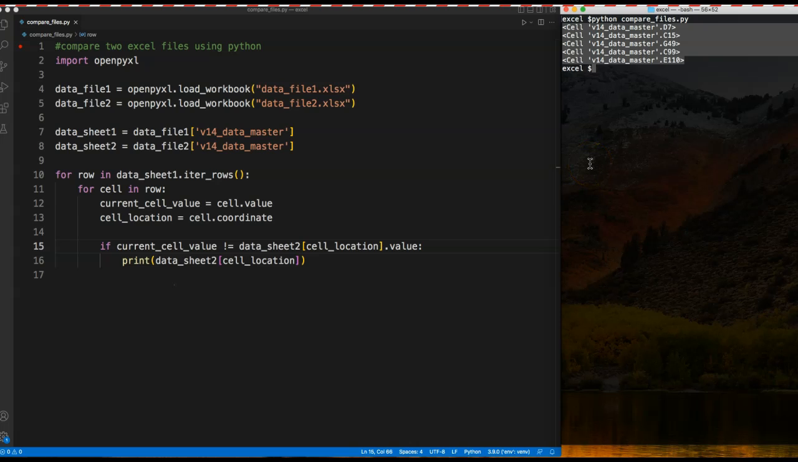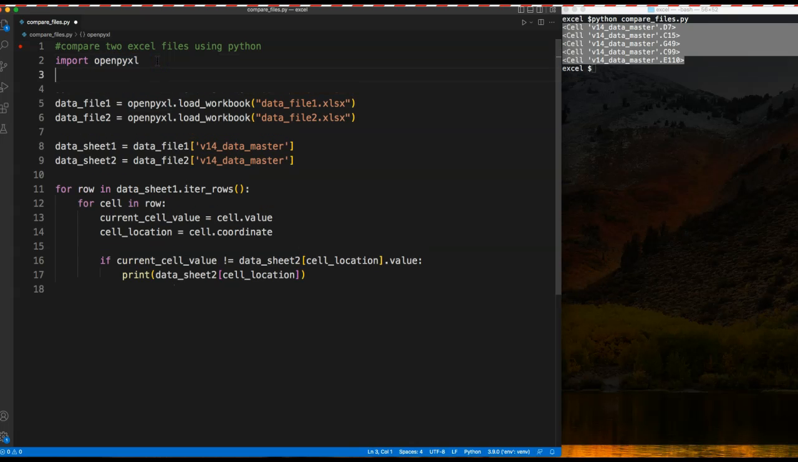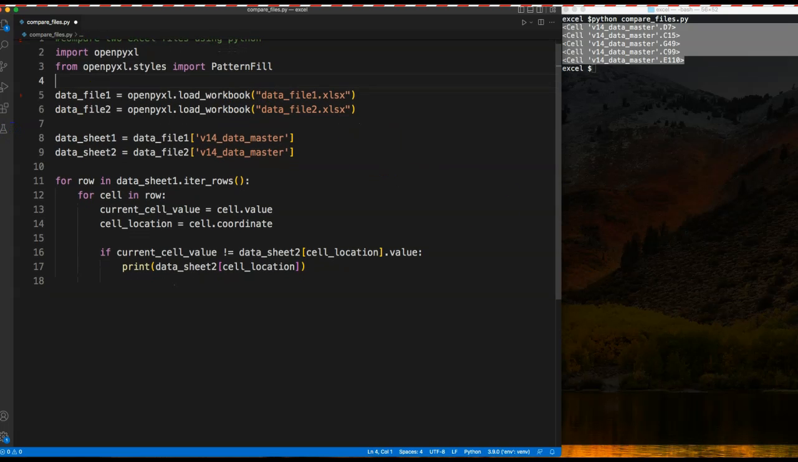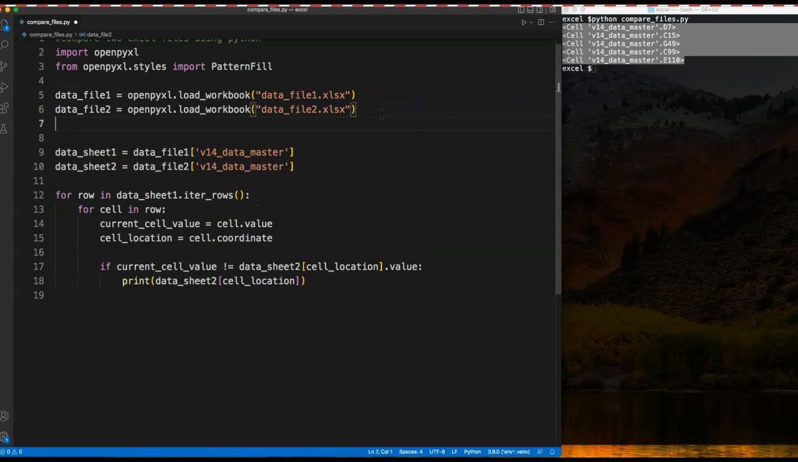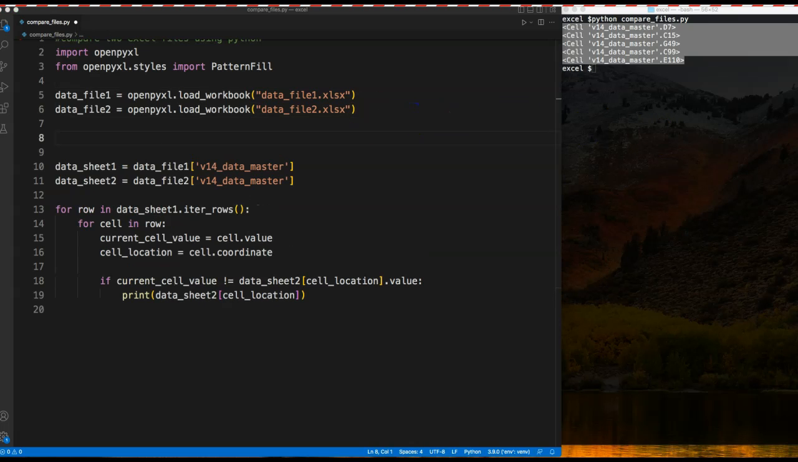Now let's do some kind of styling to identify those differences. So what we'll do is we'll use a PatternFill to highlight that particular cell. So first, if you want to use PatternFill, we'll need to import it. So you can say from openpyxl.styles import PatternFill, and then we have to design our pattern style. So I will design one pattern style. You can choose any color, but I'll give you some example here. So we can say fill style